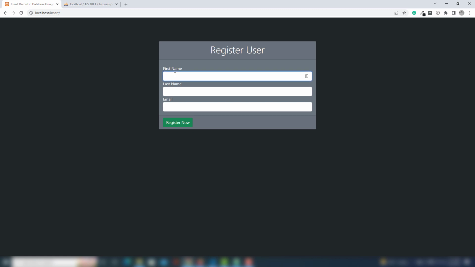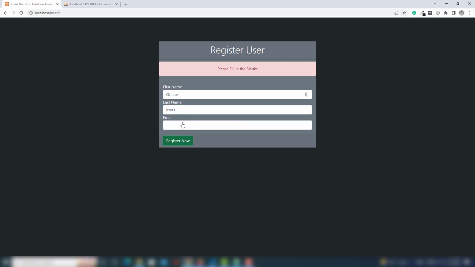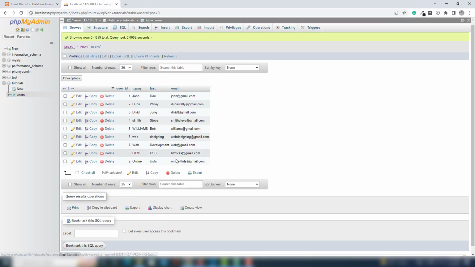So I'm gonna add the OnlineITtuts and OnlineITtuts@gmail.com. Once you register, first I'm gonna show you the simple validation. I click on this one. As you can see, please fill in the blanks. So once you add the complete record, click to register now. As you can see, record has been saved inside the database, and after the page, as you can see,